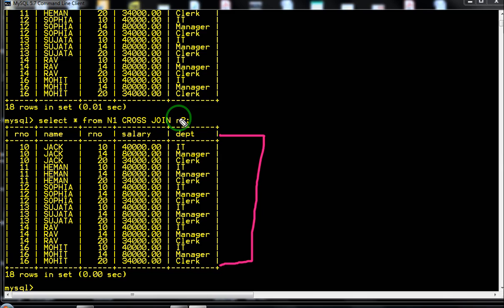One record of N2 will combine with all the records of N1, another record of N2 will combine with all the records of N1. So, such join in which one record from one table makes combination with all the records of the another table are known as cross join.